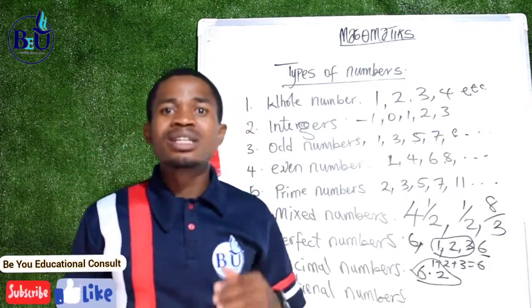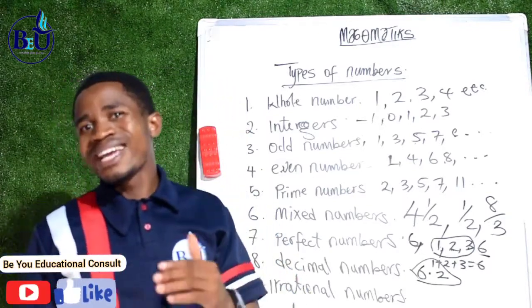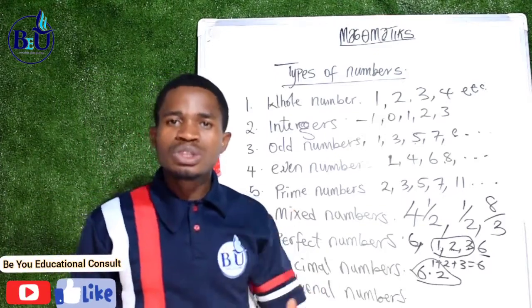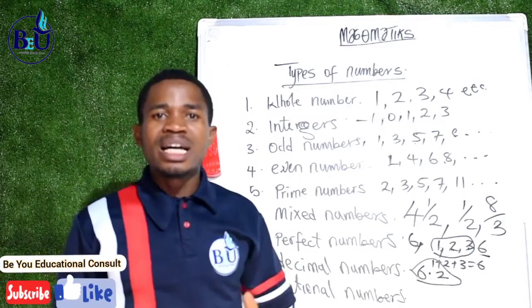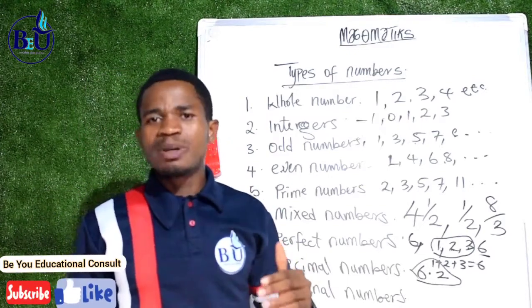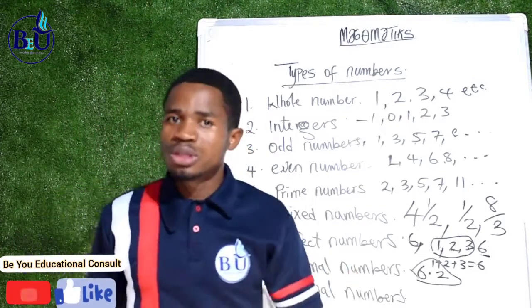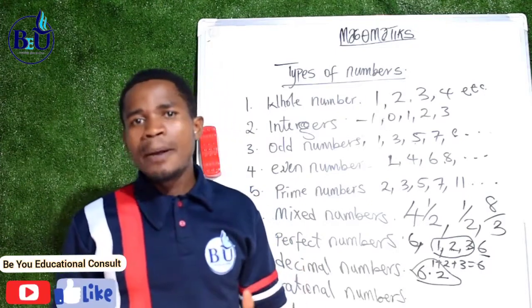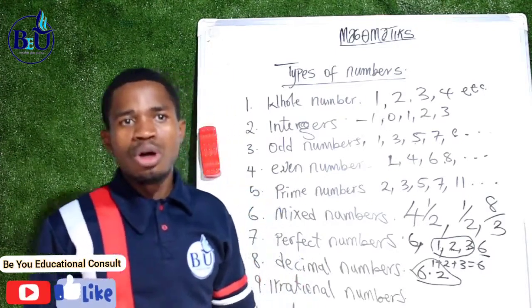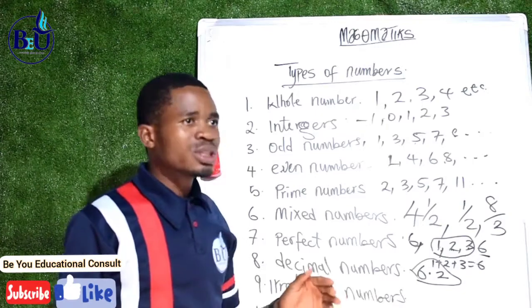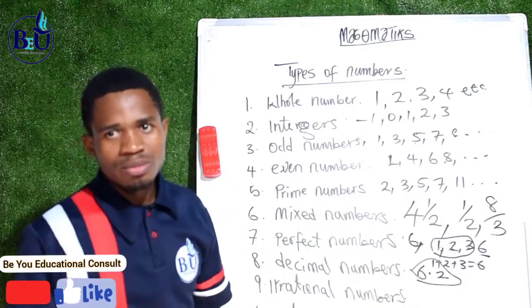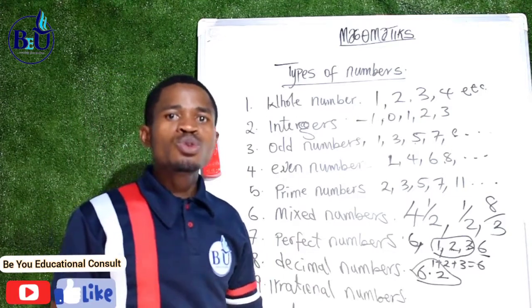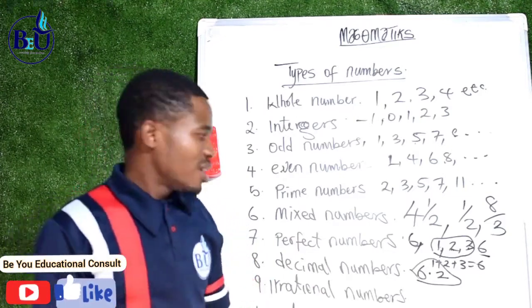You have irrational numbers. Irrational numbers are numbers whose quotients are inexpressible, or their decimal expansion is either inexpressible or they are not periodic or exhaustible. What do I mean by that? Like if you do pi, for example,